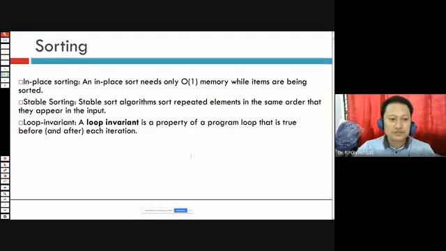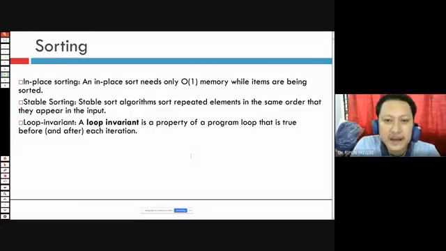So some terminologies are there in sorting techniques. That is the in-place sorting technique. In-place sorting means you are not taking extra memory. That means you are given an array A, and within that array A you are sorting.